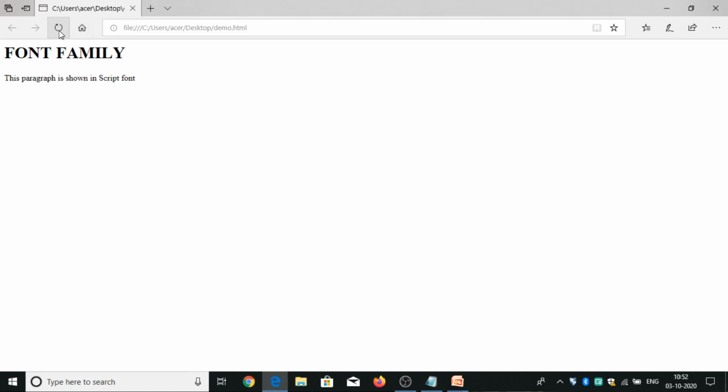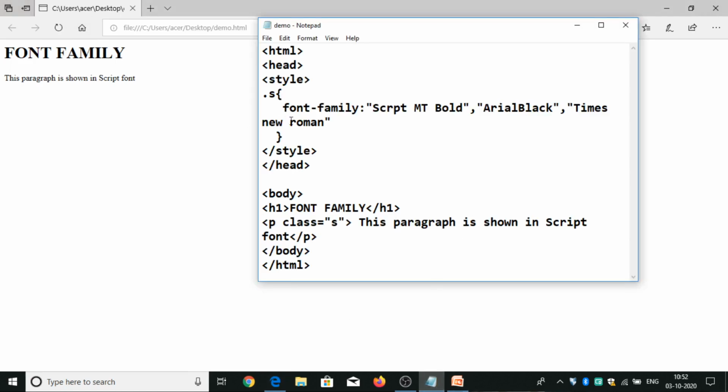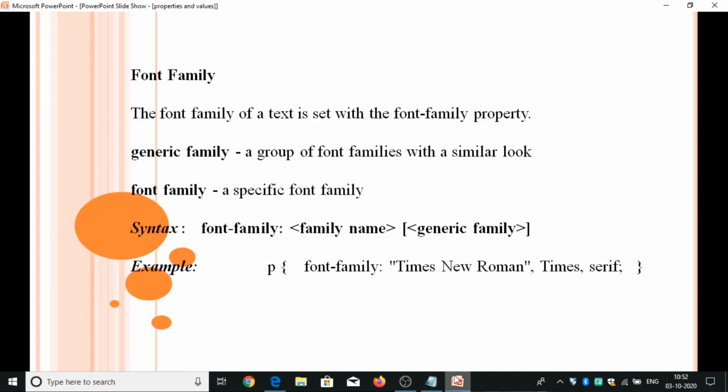This is Times New Roman. If nothing is matched, then it will go for the generic family. This is about the font family property.